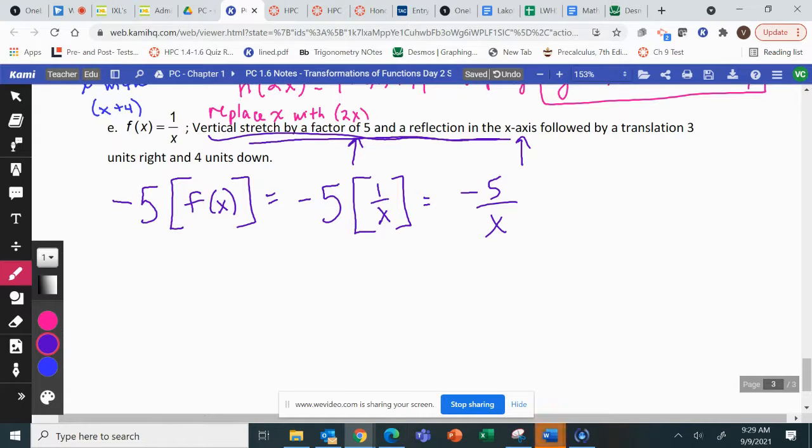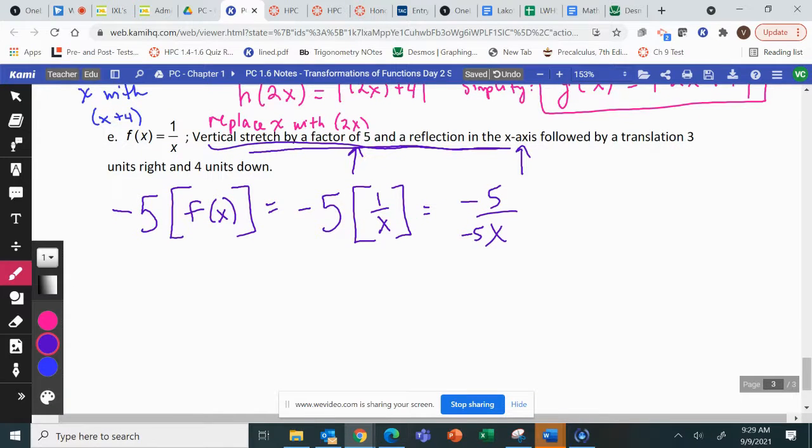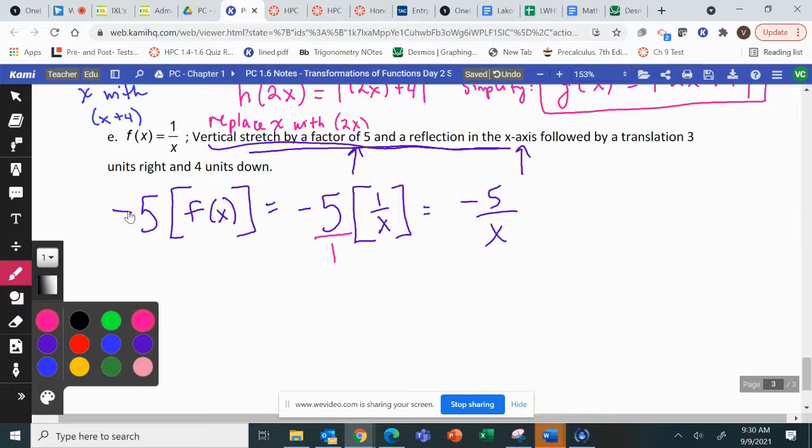Why is it not negative 5 over negative 5x? Why didn't I put a negative 5 here also? Are you talking, Colin? Because this negative 5 right here is over 1, and we multiply straight across. Thank you. And then after that, we have to do followed by a translation of 3 units right